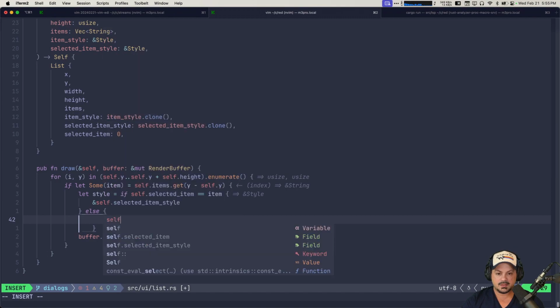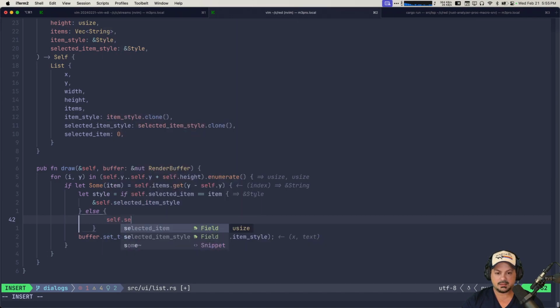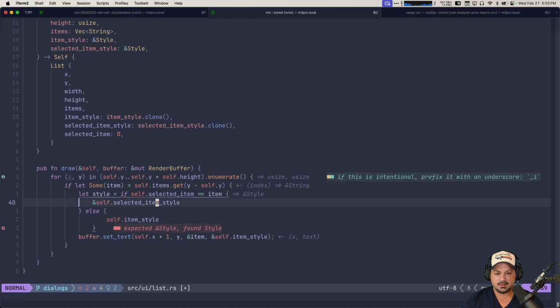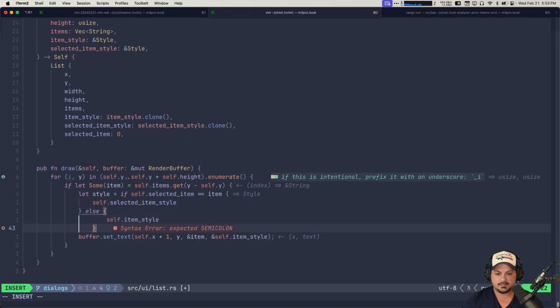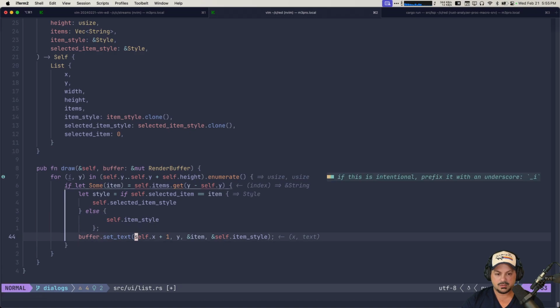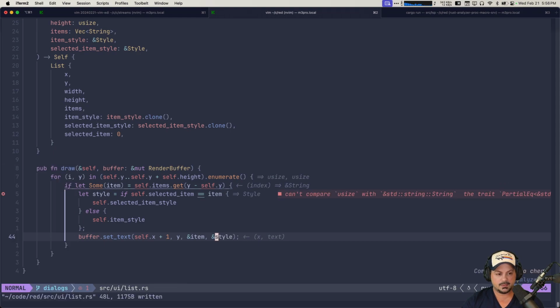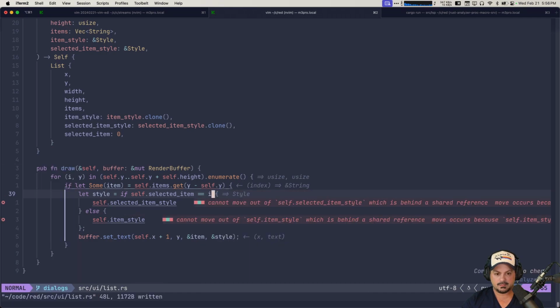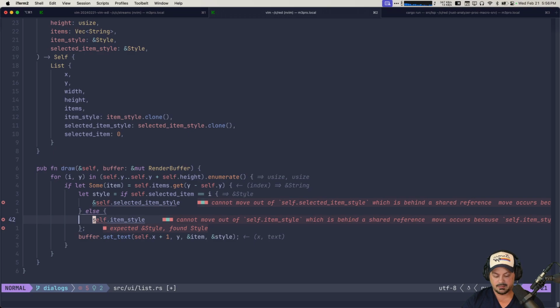Otherwise, self dot item style. I don't think we need to do that here. And then we just do here style. There we go. Selected item and I